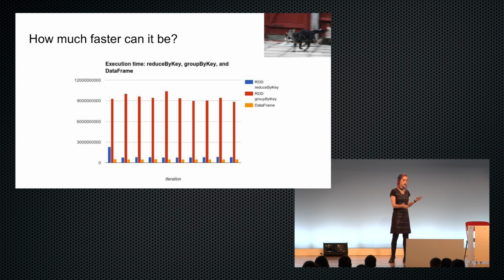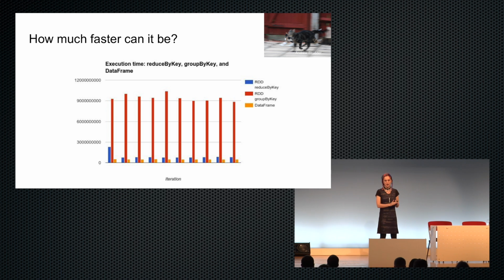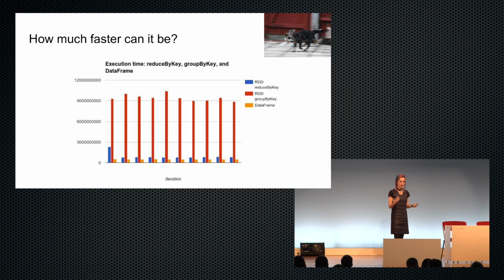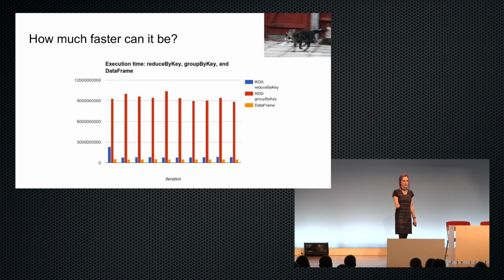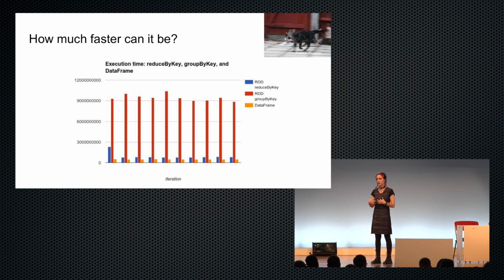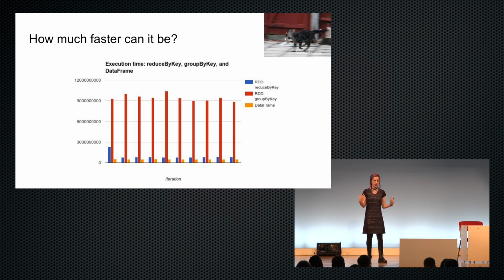Our data frame operation continues to be faster even once the JIT has had a chance to kick in and optimize our lambda expression. We can see it continues to be faster for future iterations. And this is because not only is the generated code really efficient, but our on-the-wire representation of our data is much smaller, so our shuffling and network costs are really low.